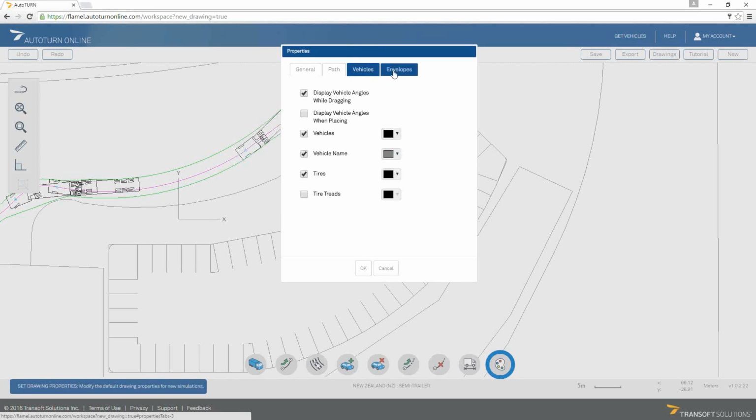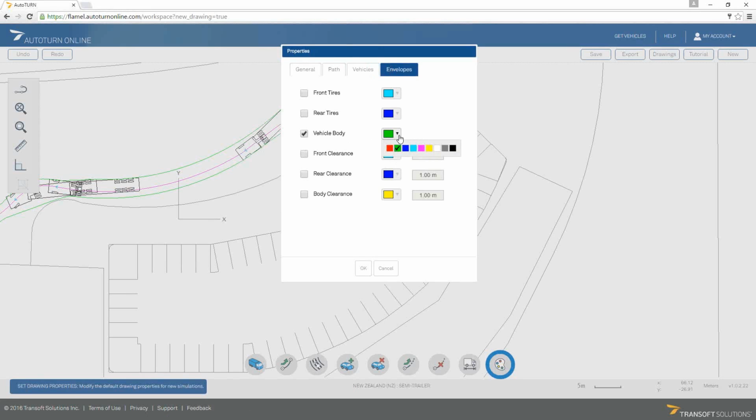Let's say for now, let's keep them this way because the background is kind of light gray. I want to make sure you guys can see the vehicles. We can change the color of the envelope, and for our next simulation, I'm going to make the vehicle body envelope blue. We can also set up clearances for the front and the rear of the vehicle, as well as for the entire body. But for now, our next simulation is going to be a reverse simulation, a passenger car simulation. So it's going to be a small